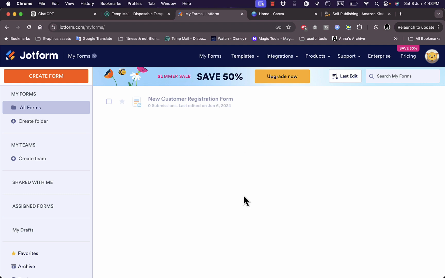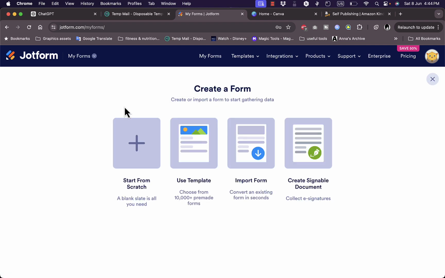And that's how my account looks once I create it. Here I can go to create a form. I can create from scratch, use a template, or import form or create signable documents, and then integrate them with